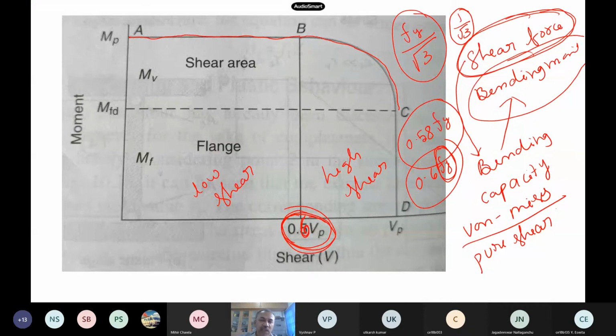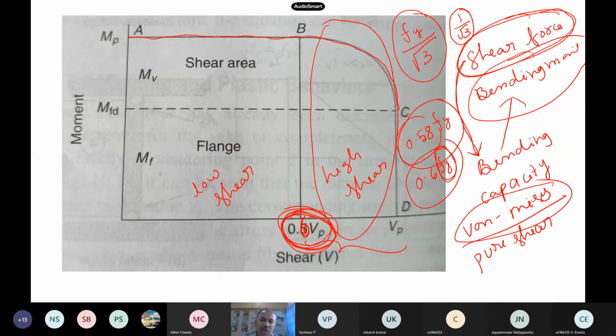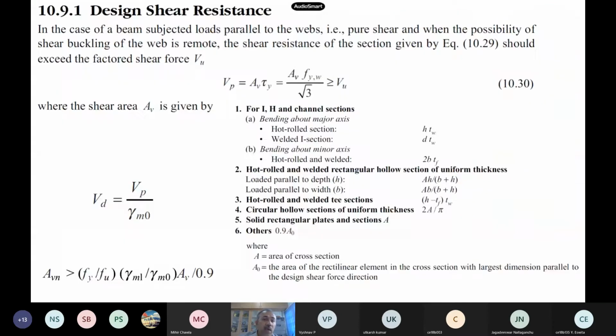So generally for shear also, this root 3 business comes. In our calculations, if the shear force, or the shear capacity, exceeds this 0.6 range, then we call it a high shear. And if it is a low shear, here the bending capacity has to be reduced actually, because it is automatically reduced. So shear force also governs the bending capacity. This 0.6 is a number which we use in the code itself. This number comes from von Mises stress only, and 0.58 comes, but approximately 0.6 times Fy we take in our design. So this is what they say.